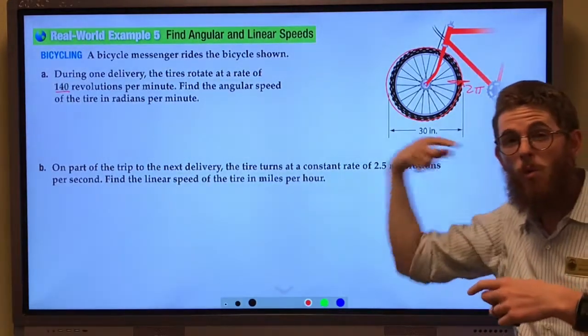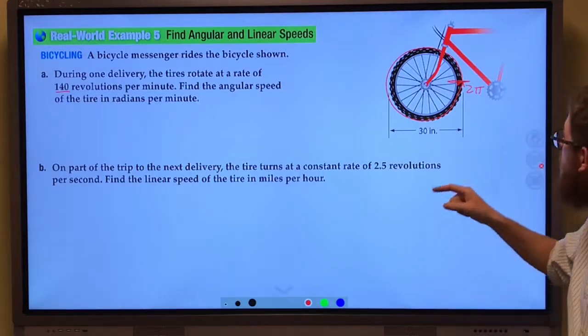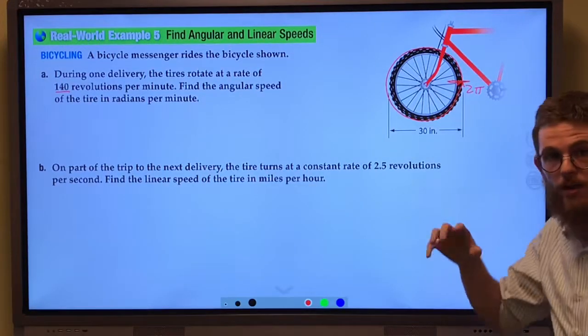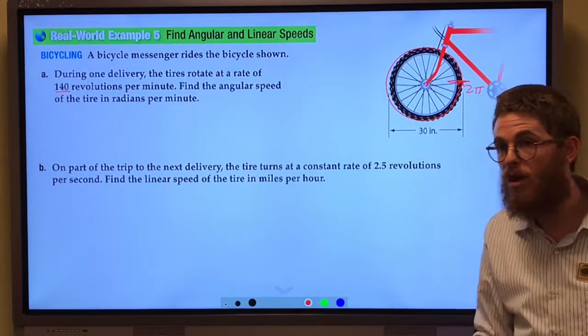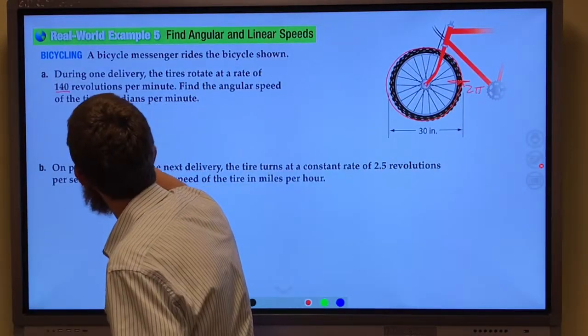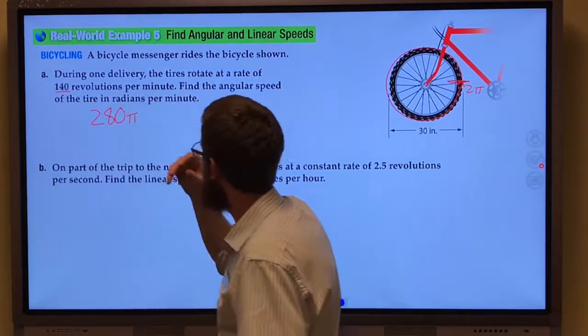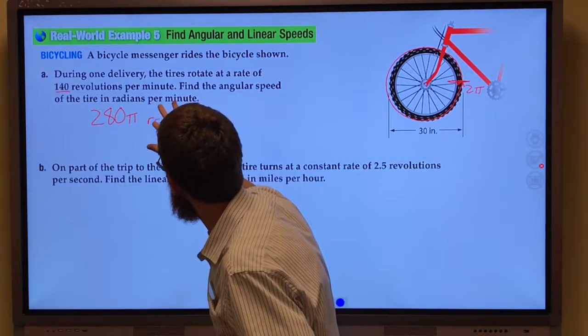So if it went 140 of these, think about that angle. That is 2 pi radians for every revolution. So 2 pi times 140, that's 280 pi radians